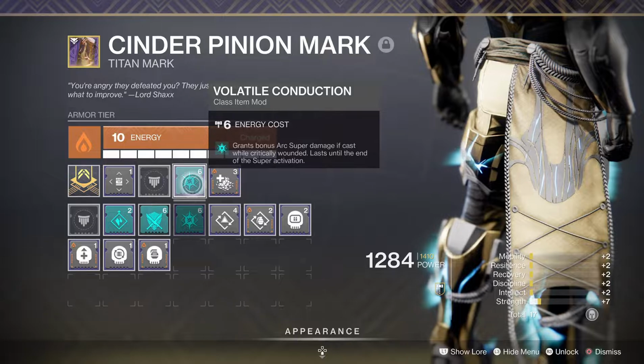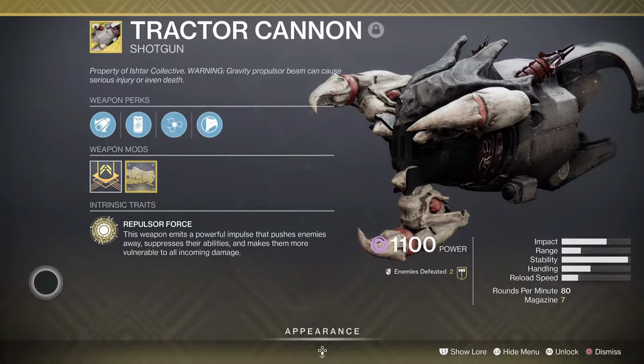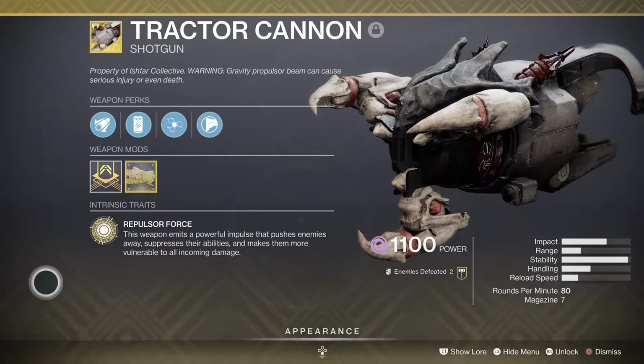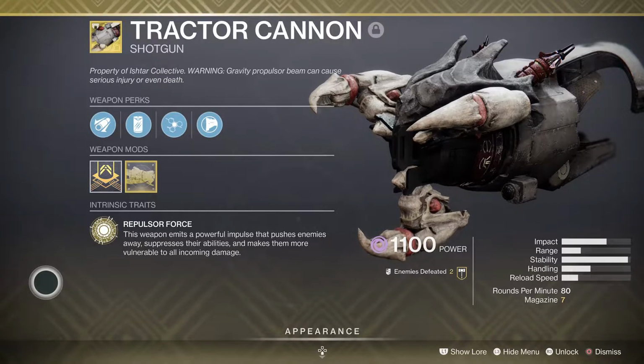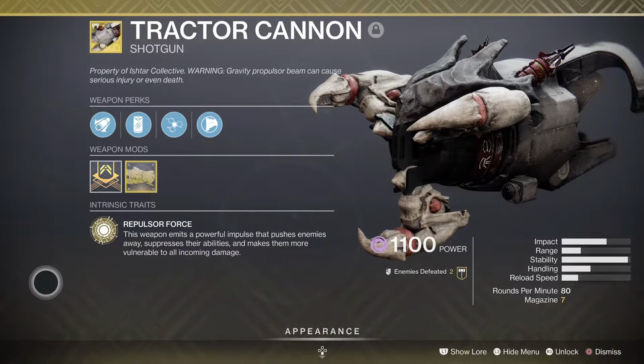So the other weapon I was talking about that a lot of people have been running with this chest piece is actually one of my old-time favorites. It's a shotgun, and that shotgun is Tractor Cannon. You can actually get really close and shoot them with it, and it debuffs them, and then you can pop your Thunder Crash when you're low health, and all those three just stack, and you just delete